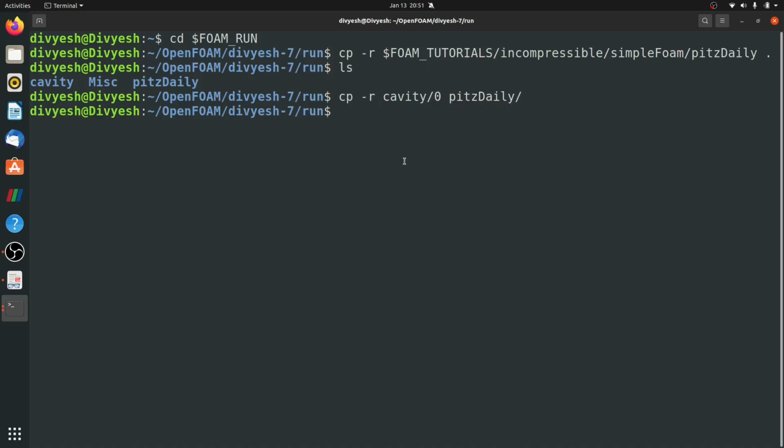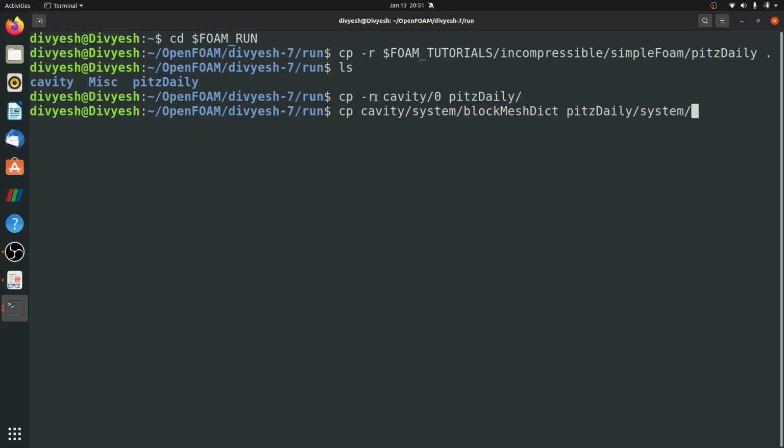The second thing we have to copy is the blockmeshdict file. So I'll type cp, space, cavity system, then the blockmeshdict file, then I'll copy into Pitts-Daly and system. Now if you notice here, I used -r after the cp command while copying the zero folder.